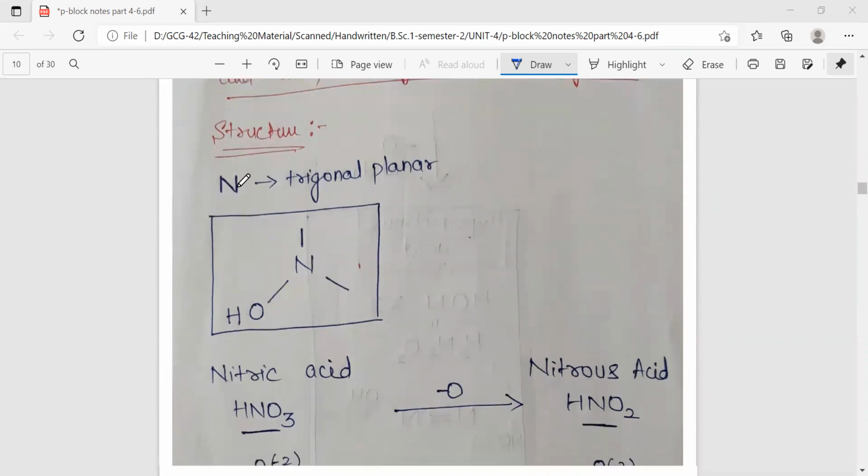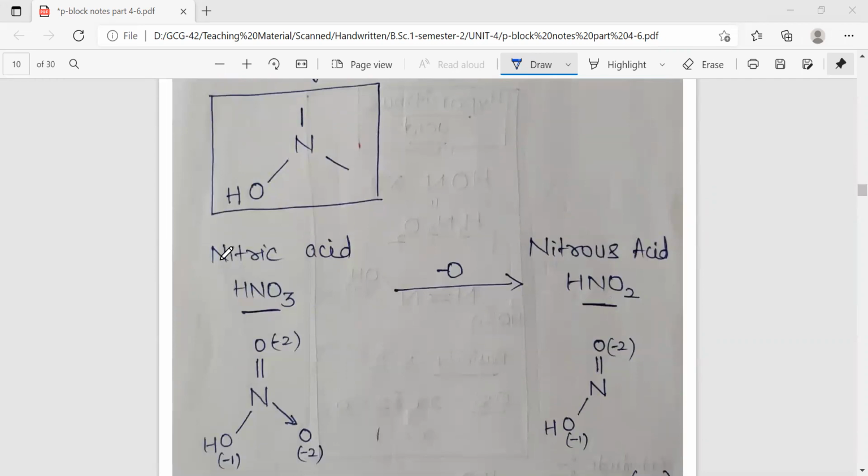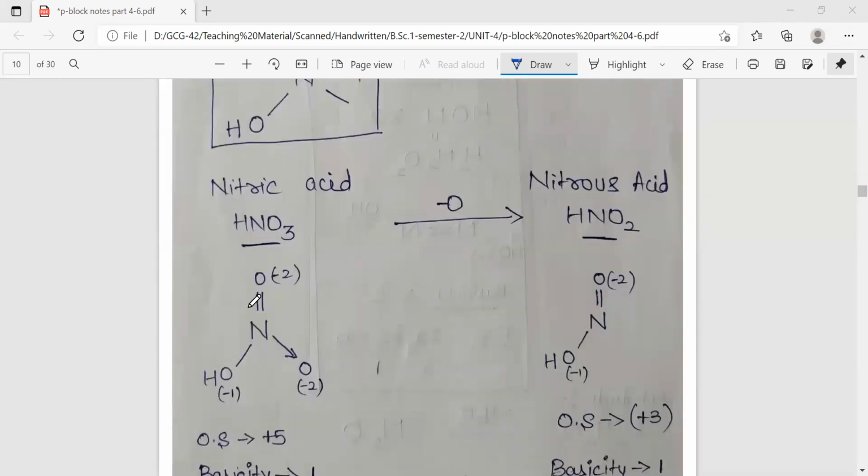The first one is nitric acid. This we have to memorize. Nitric acid is very common. We all know its formula, that is HNO3. Its structure is like this, where nitrogen is making one bond with OH. This is always required to be present for this moiety to behave as an acid. Next, 2 oxygens are left. One oxygen is present with a double bond with nitrogen, and the other has a coordinate bond, where nitrogen is donating its electron pair, or lone pair, to this oxygen.